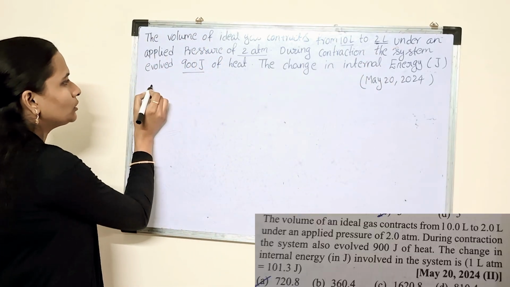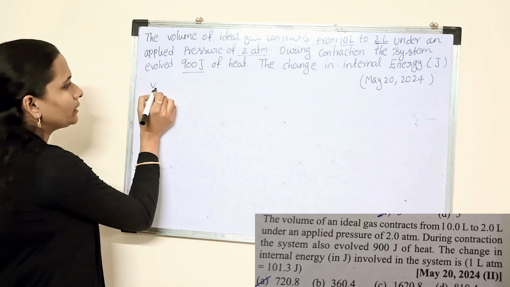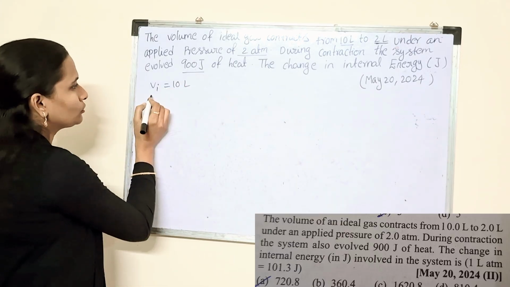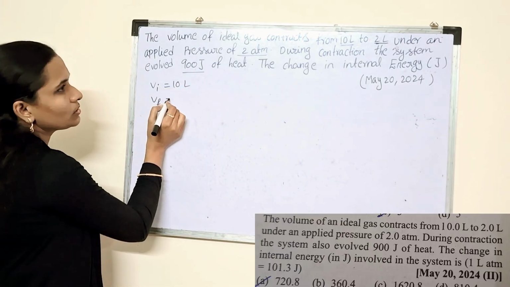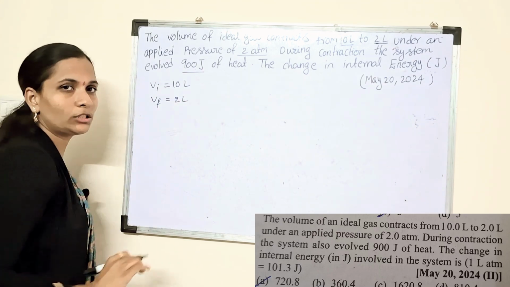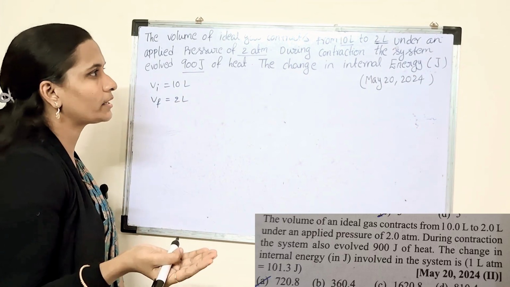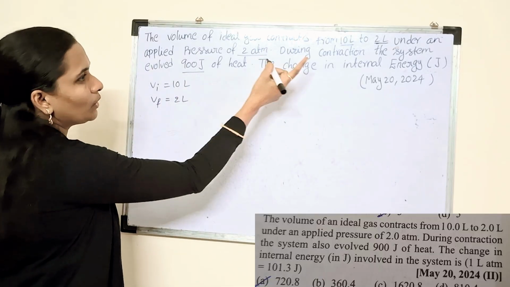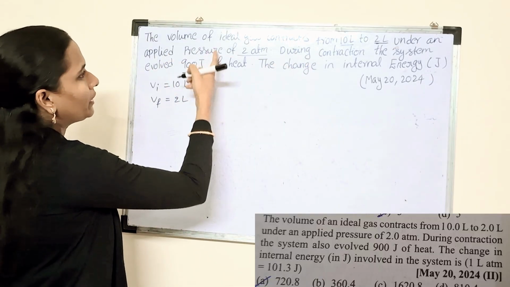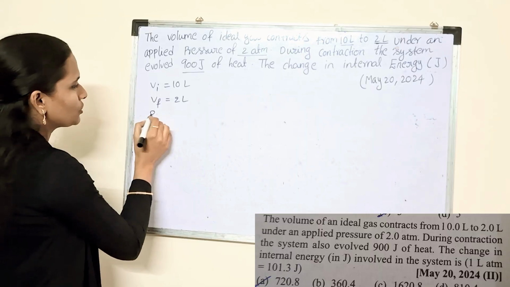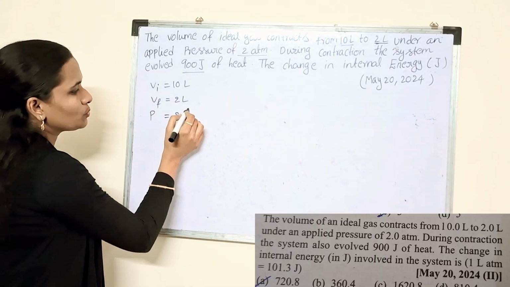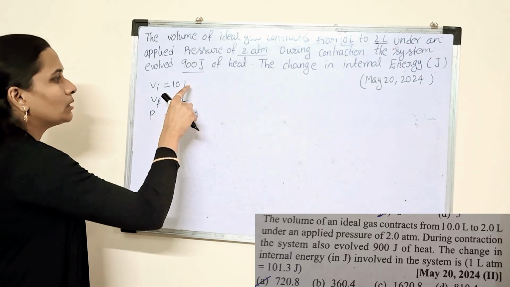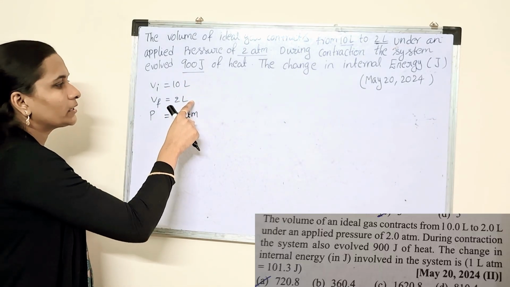Means the initial volume is 10 liters. That gas contracts to a final volume of how much? That is 2 liters. So the initial volume of 10 liters of gas, after contraction, comes to 2 liters, under an applied pressure. How much pressure are they applying? 2 atmosphere. So when 2 atmosphere pressure is applied on the gas, 10 liters of gas contracts to 2